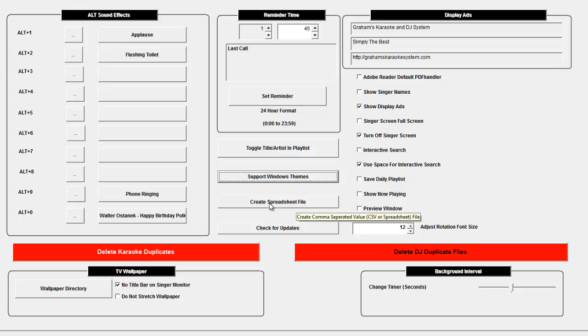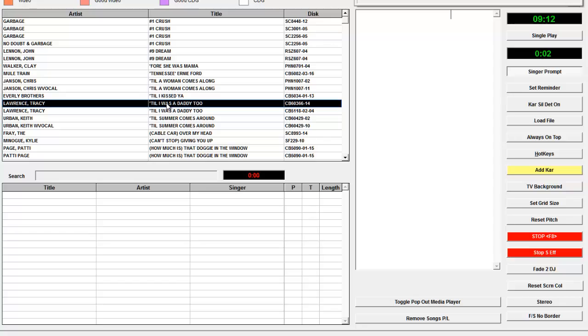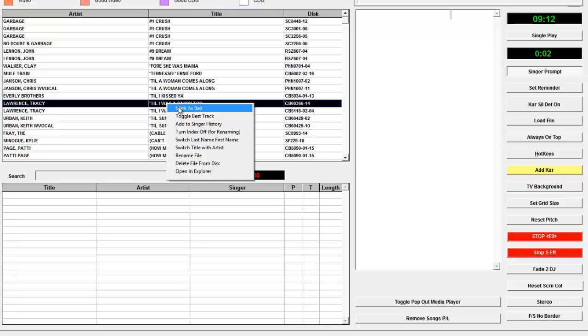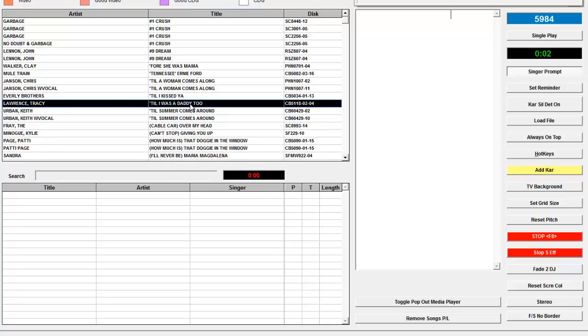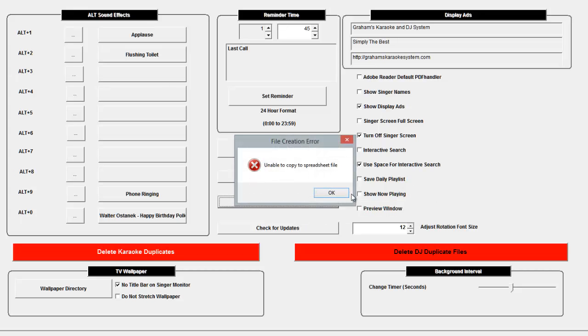You can create a spreadsheet file of either your karaoke songs or the bad songs list. For example, you're going along and you're playing a song and maybe you find that this version of the song is a bad song. If you right click on it, just mark as bad. It'll be taken out of your song list. It's not deleted. But now if I go back here and I create the bad song CSV file,